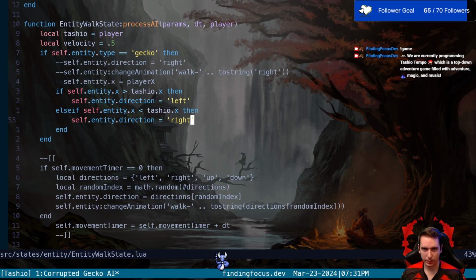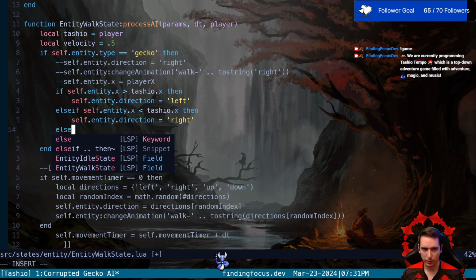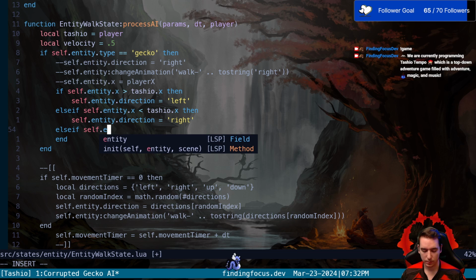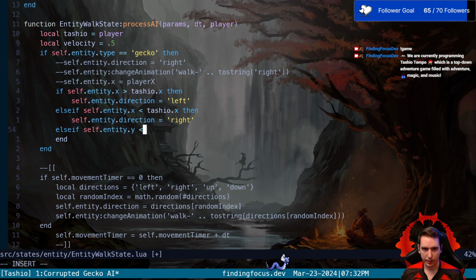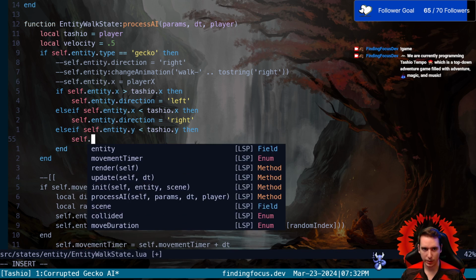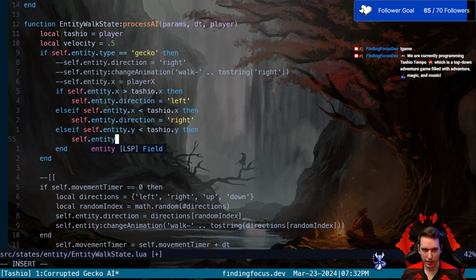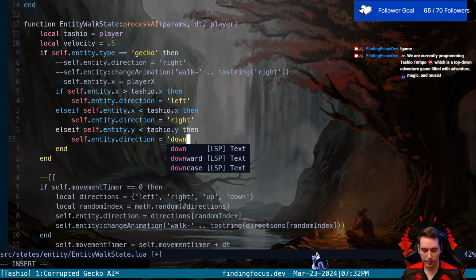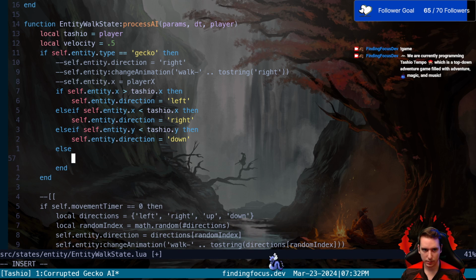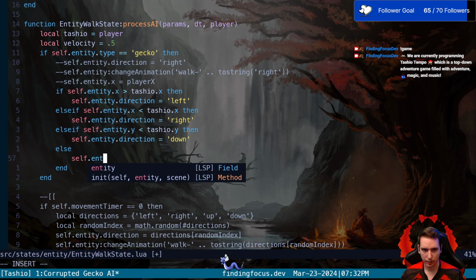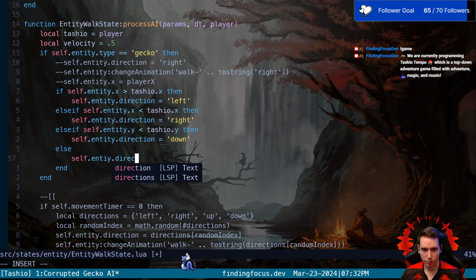So, okay, now let's do it one step further, and we could say, okay, well, let's see if our entity's y is smaller than our player's y, and if our entity's y is smaller, that means it's above us, so we'd want to change our entity's direction to be down. So we'd say self.entity.direction is equal to down, and then what we can do is say otherwise our entity's got to be facing up. So now we should have four-way tracking,